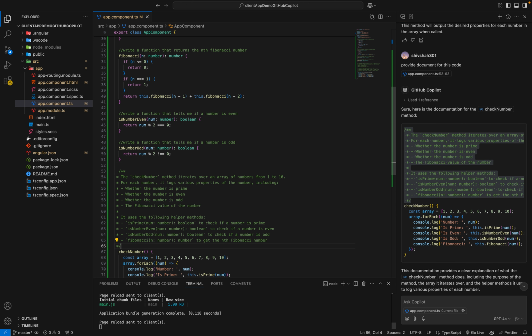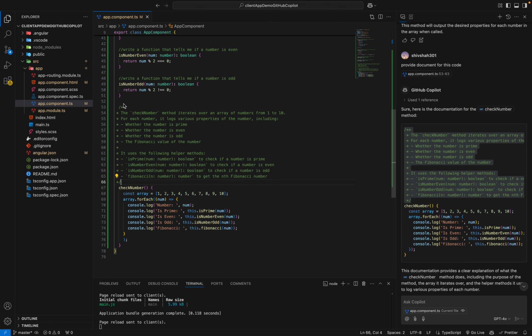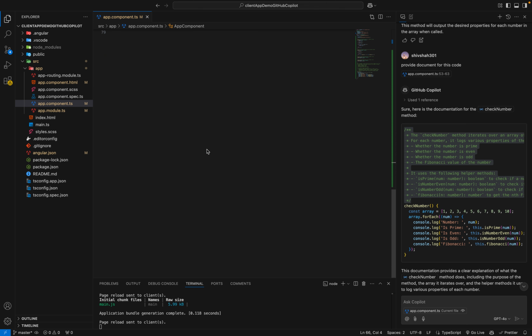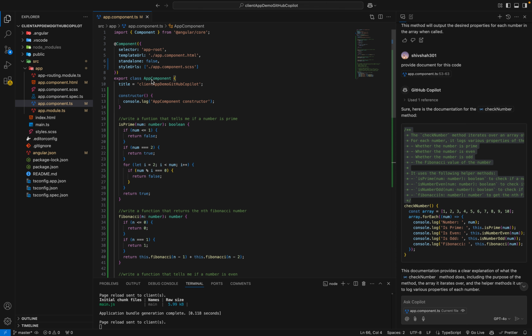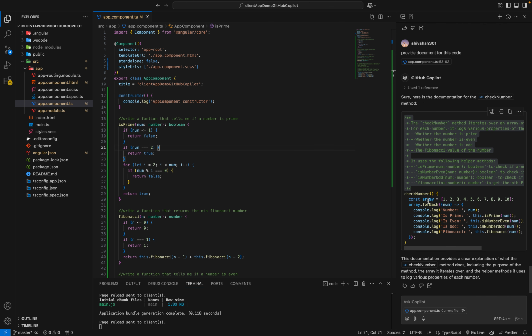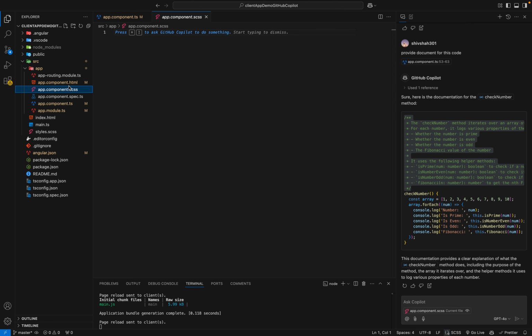Okay, so you can see here this is the complete information for this method. Any developer can come and see, and they'll easily understand this. You can ask for the class, you can ask for the constructor, you can ask it to create a variable for something. And also, I can ask it to create some UI,